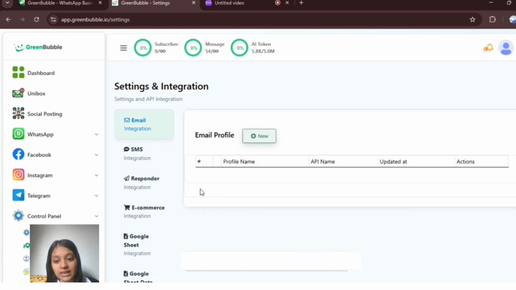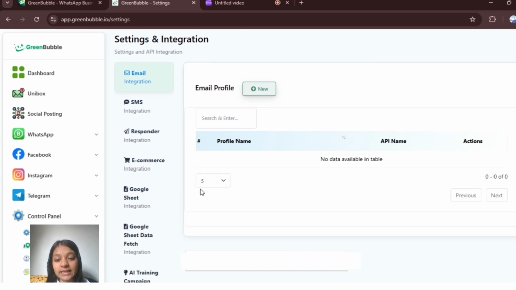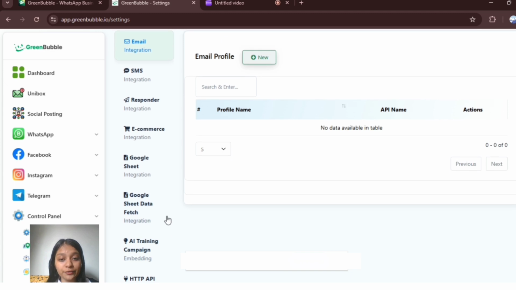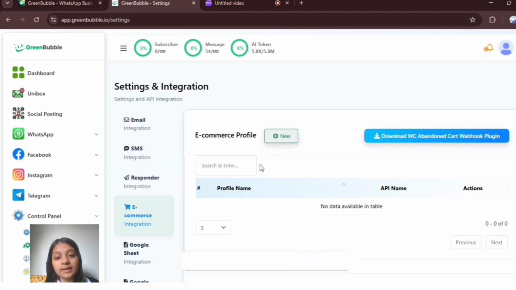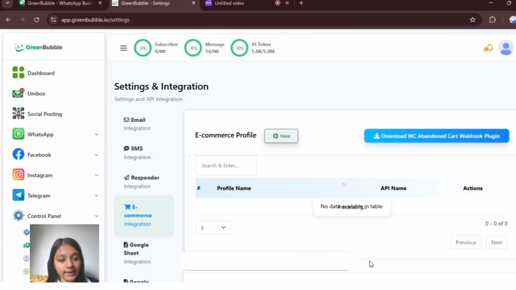If you move to the control panel, we can see integrations. We have the e-commerce integration, SMS responder integration, Google Sheet integration, AI training embedding, and different features. When we create a new e-commerce profile, we can enter the profile name over here, the store URL, and customer key and customer secret, and simply save that e-commerce profile and it will appear here.